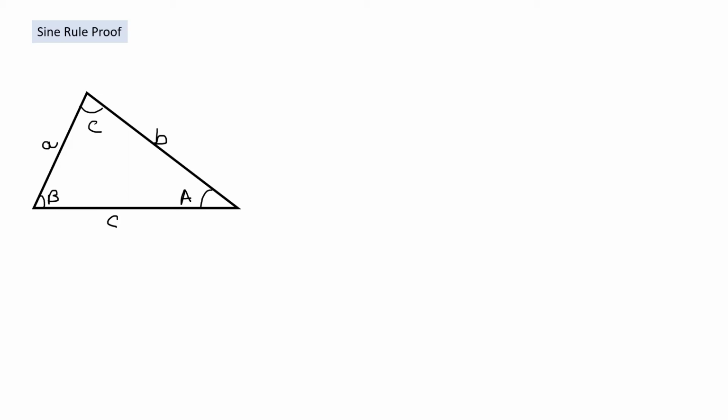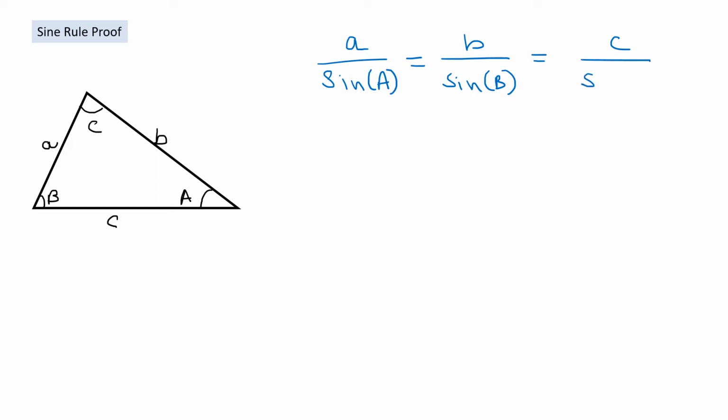So, what is the sine rule? The sine rule is, we need to prove that the ratio between side a and sine A is equal to the ratio between side b divided by sine B, and this must be equal to the ratio between c and sine C. Okay, in order to prove this one, we need to split this triangle into two right angle triangles where